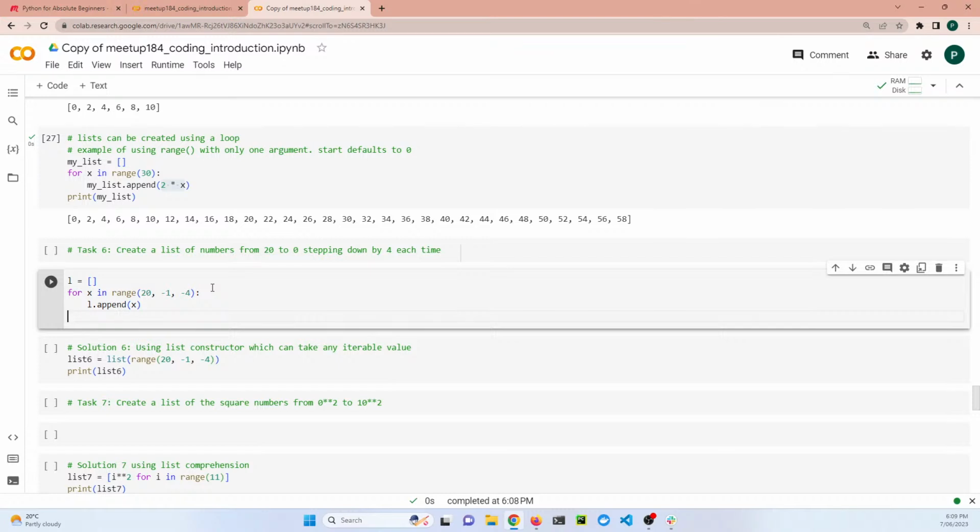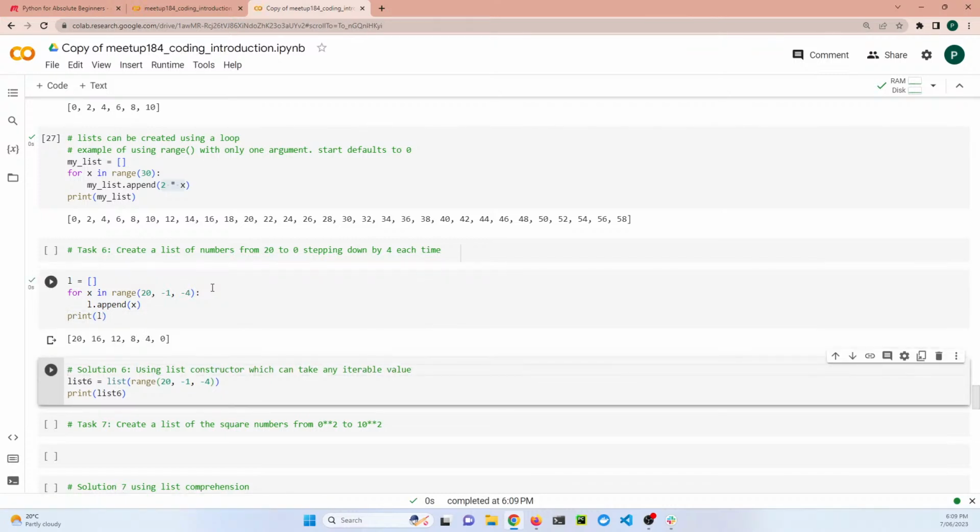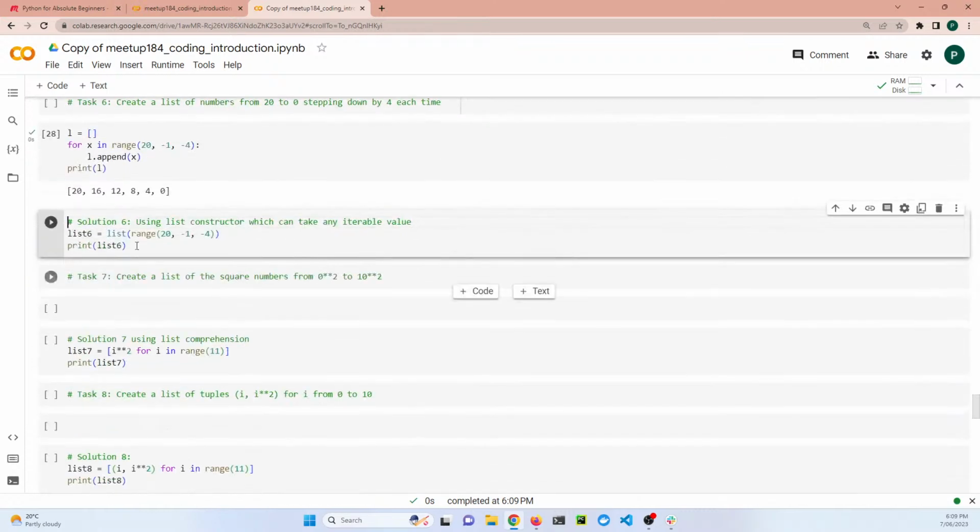Now we're out of the loop because I'll take away the indent, and we'll print out what the value of L is. And run the cell. I just did Shift Enter to run it. And there's our list, 20, 16, 12, 8, 4, 0. 20 to 0, stepping down by 4 each time. So that's good. Now the solution here